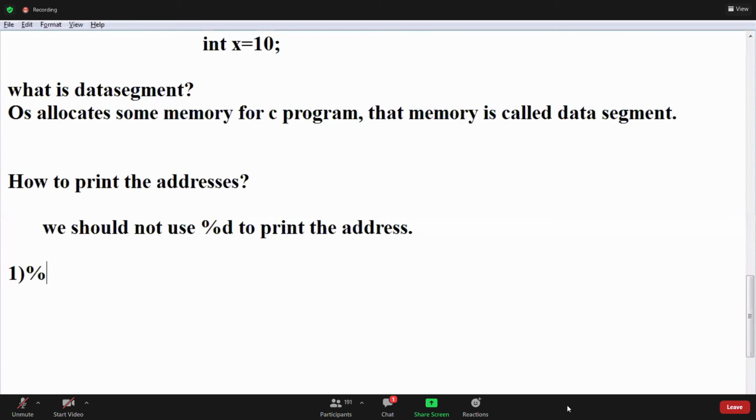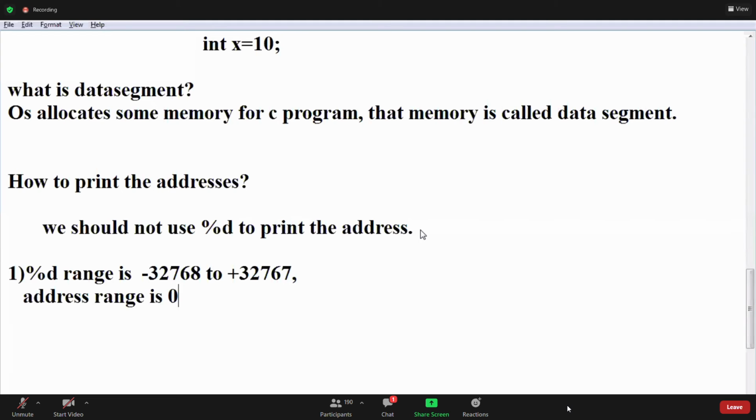Because the %d range is minus 32,768 to plus 32,767, but the address range is 0 to 65,535. That is one reason. And also %d may print negative numbers.